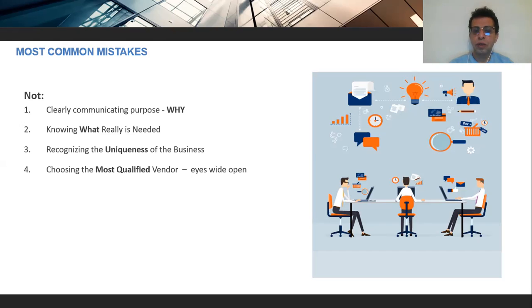The other thing is, you want to make sure that you select the best, most qualified vendor, and there is a process of building an RFI and RFP. We'll be talking about how you build your RFI, RFP, and the process of selecting. But you keep your eyes open: who is in the market, who is providing this solution, and which solution fits me best, not your partner, not some competitor, or somebody else in another country. There are special things about your organization that make it different from others.